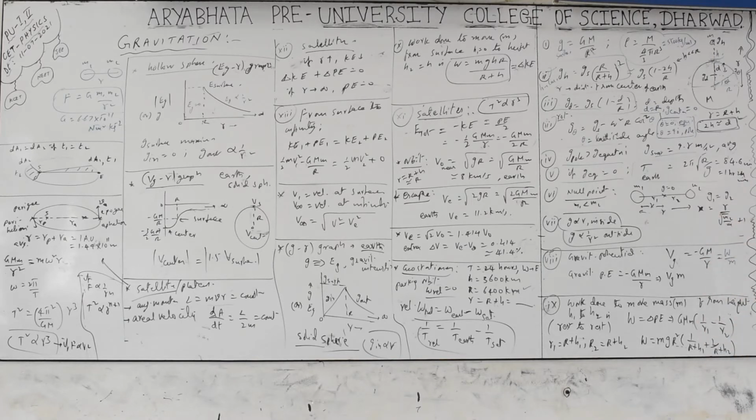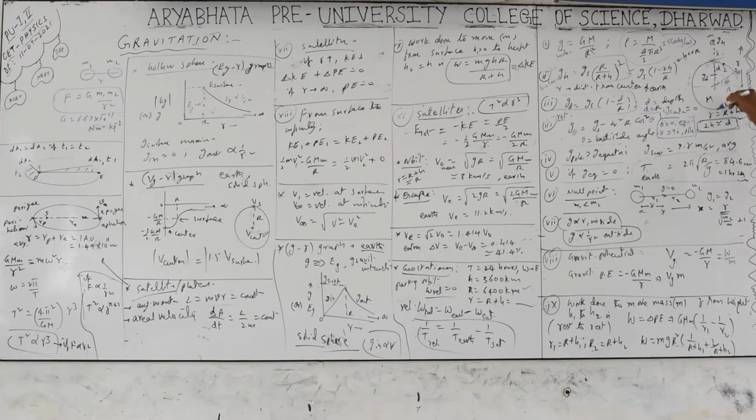The same formula repeatedly comes for us. In case you dig a hole along the diameter of the earth, only in imagination, neglecting the rotation of the earth, and any object is dropped into that, it executes simple harmonic motion, oscillating to and fro with the same time period T equals 2 pi under root of r by g. And for a pendulum of infinite length, if it oscillates, the time period formula is also the same. And for a satellite which is close to the earth and revolving, the time period of rotation is also the same. This formula repeatedly comes in multiple cases: a satellite very close to the earth, the earth's rotation when g becomes 0 at the equator, and the infinite length pendulum.